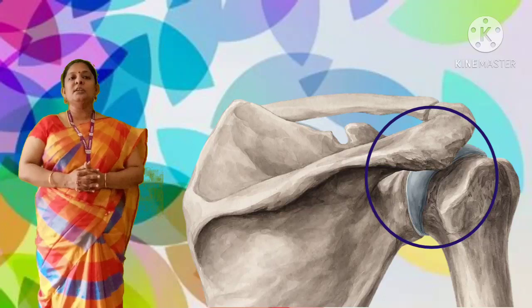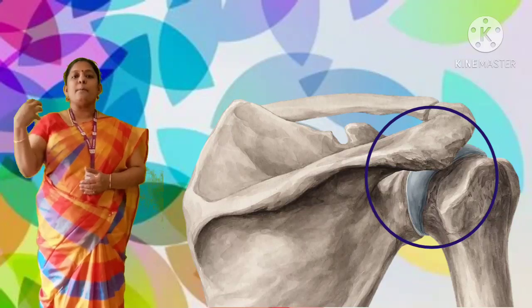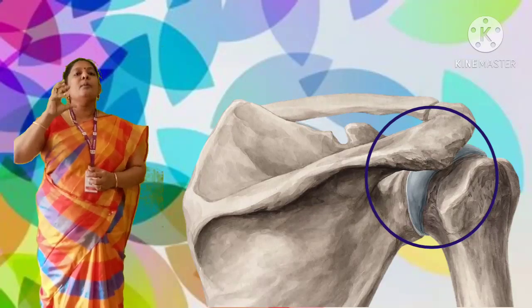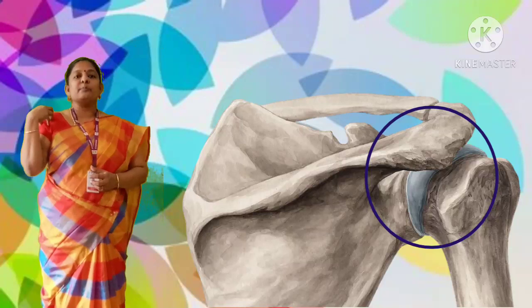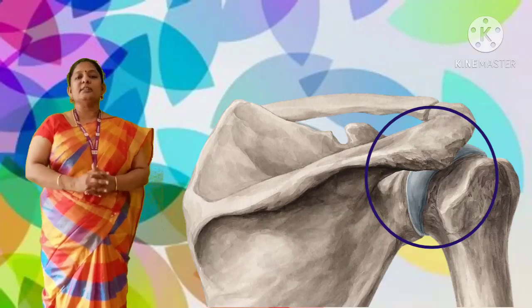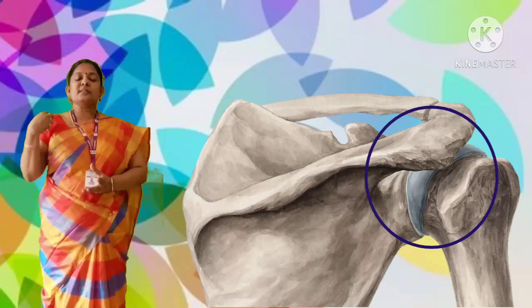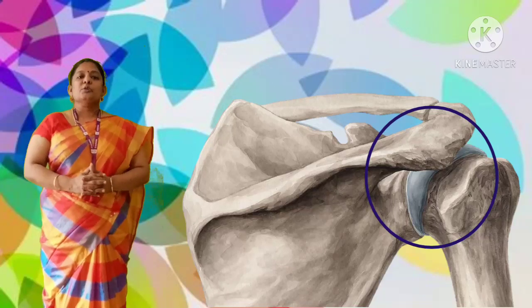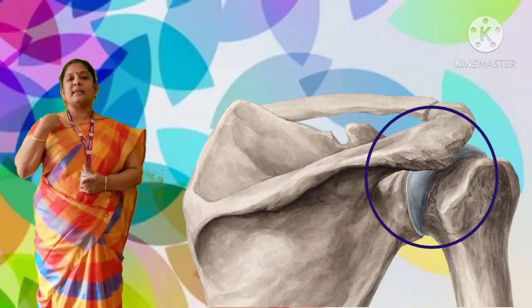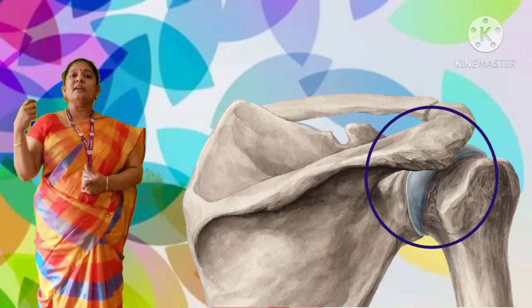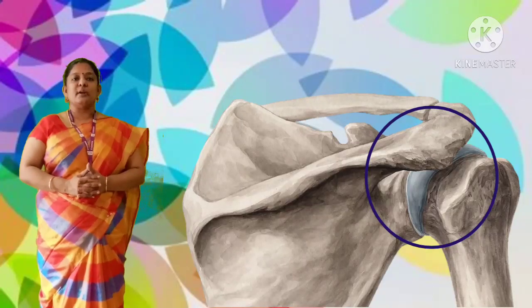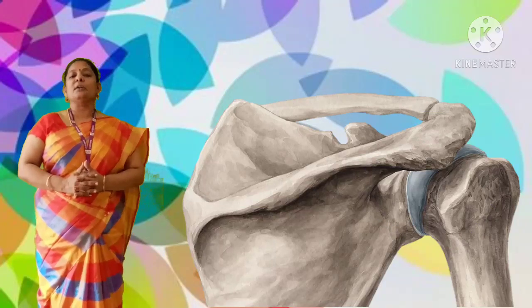What is the name of the cavity? Socket, which fixes the ball of the upper arm. The upper arm bone ends with a ball-like structure. That ball-like bone attaches, matching inside the cavity. It easily matches with the cavity and fixes firmly. So this forms a ball and socket joint. The shoulder gives a socket-like structure and the upper arm bone ends with a ball-like structure. That's why this joint is called a ball and socket joint. This girdle is also known as pectoral girdle.